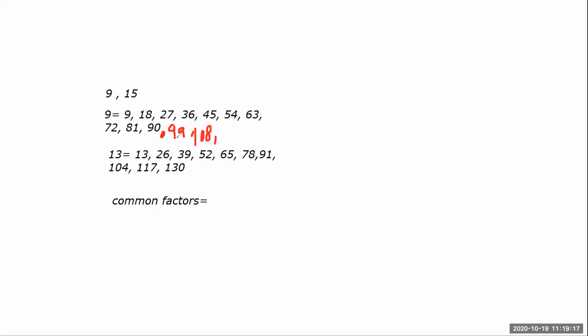जैसे कि ये 9 10 जा हो गया, 11 जा हो गया, 12 जा. Now 13 into 9, what would be? 117, right? Now here 117 is there in 13th table, and now it is in 9th table as well. Okay, so we will stop here further multiplication. And what would be the common factor? 117. इससे पहले कोई common factor था क्या? नहीं था. So that means this is the least common factor, lowest common factor in between 9 and 13.